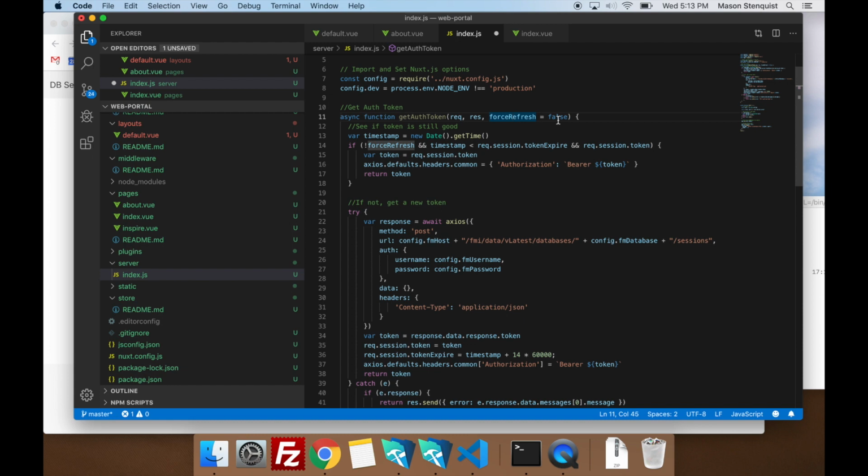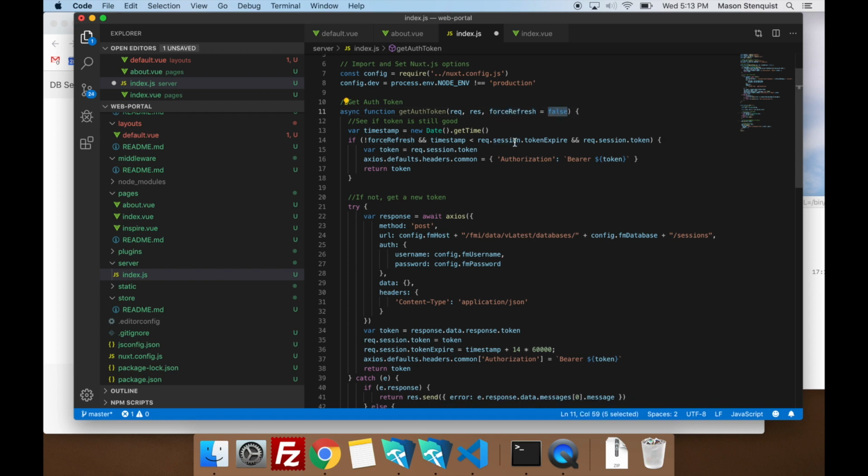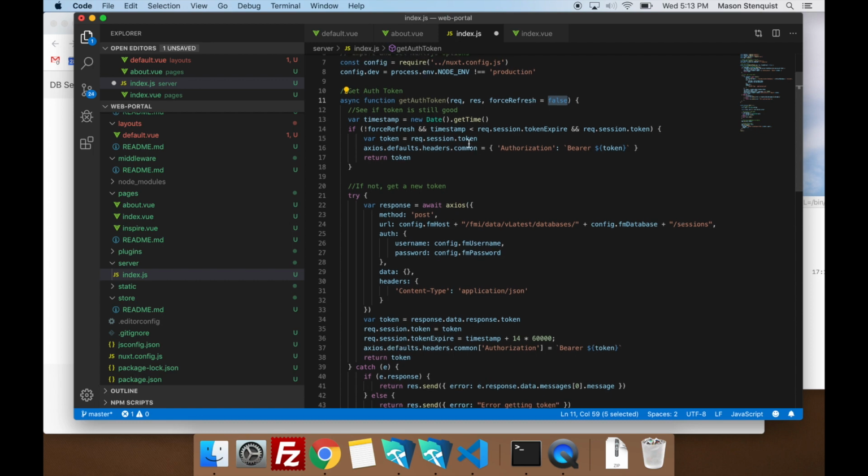Otherwise, it would just keep giving you the same token, and the system would keep thinking you're logged in as someone already, and you wouldn't get access to the new login's information. So that's what that is for. Default is false. We're going to default to giving you the existing token if it hasn't expired.